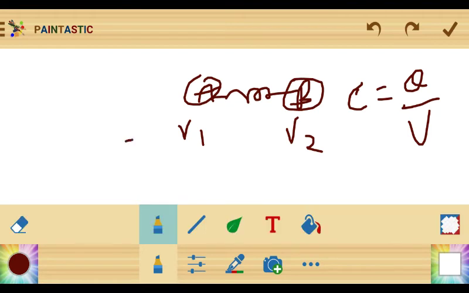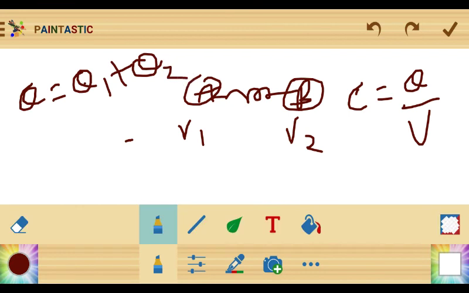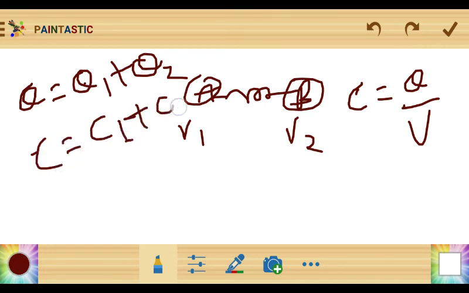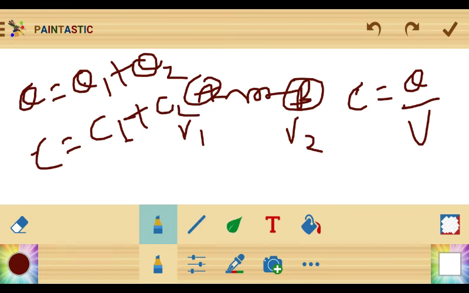Okay, now after joining, from the charge conservation principle, the total charge will simply be Q1 plus Q2, because charge can neither be created nor destroyed, it always transfers from one form to another. So here the total charge will be Q1 plus Q2, because no new charge is given to the system, only both are connected by conducting wires. The total capacitance is C equal to simply C1 plus C2. We have seen earlier, when the capacitors are connected, the total capacitance will be C1 plus C2.